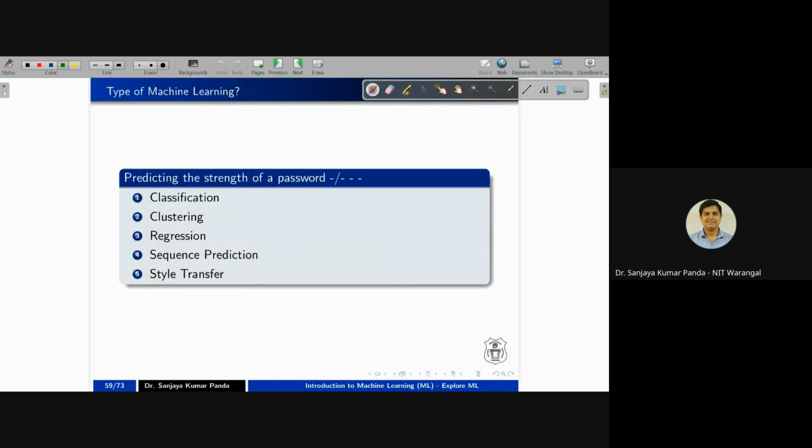Okay, predicting the strength of a password. A password is strong or not. All of us know the meaning of a strong password. It should have a capital letter, a small letter, a number, a special character, something like that, right? Nowadays it asks us to fix a password of 12 characters, a combination of digits, alphanumerics, or special characters, right? So it is an example of